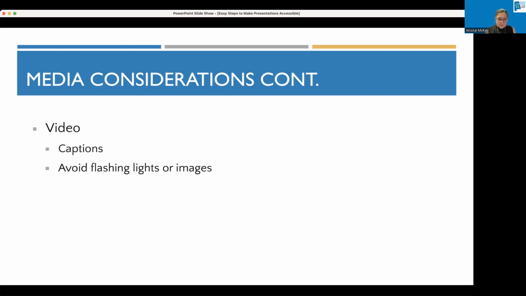It's very distracting for some people. It can also be very harmful to other people who are photosensitive, etc. So you want to avoid those flashing lights and images in your videos. Or if it's going to be there for a brief amount of time, you need to let your audience members know that, hey, it's going to do some flashing lights.